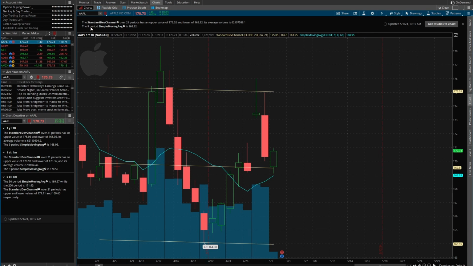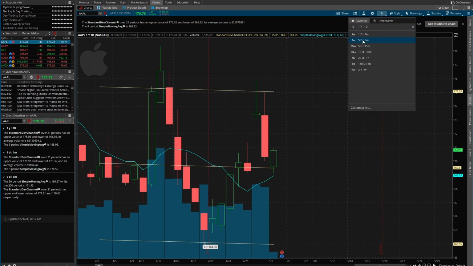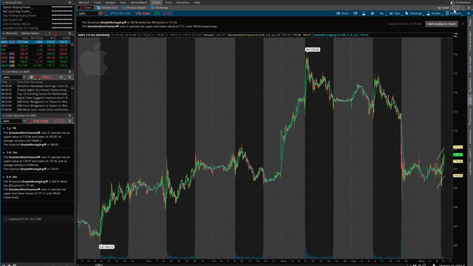Also note, this is the 9 period simple moving average, and the default for moving averages is going to be the 9 period. But every now and then this will show like maybe the 20 period or the 50 period. So like right here, actually, if we look at the 5 day, 5 minute chart for the same stock, obviously this is Apple here. If we pull up a 5 minute chart, I'm going to go back to studies, and I'm just going to remove all studies for a moment here. And on the 5 minute chart here, it's actually saying that the 50 period simple moving average is 196,